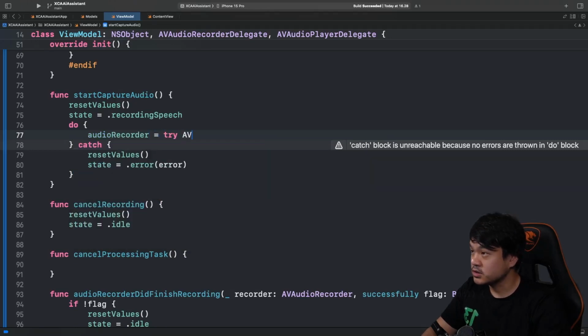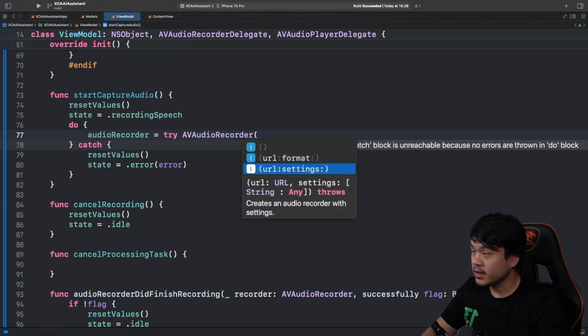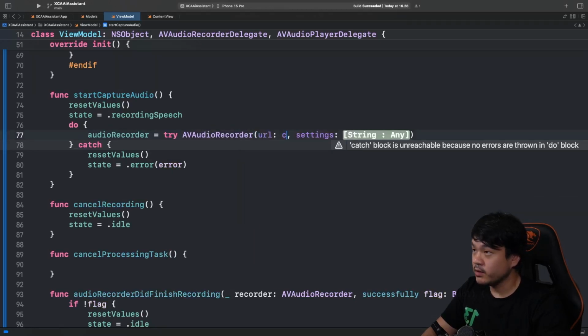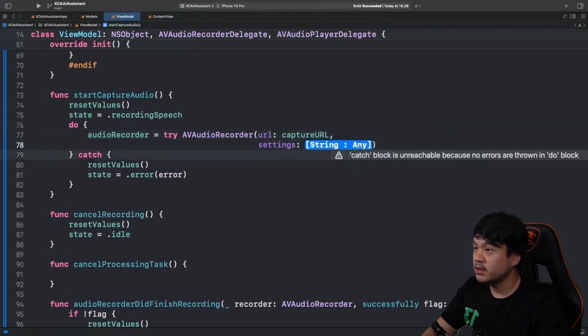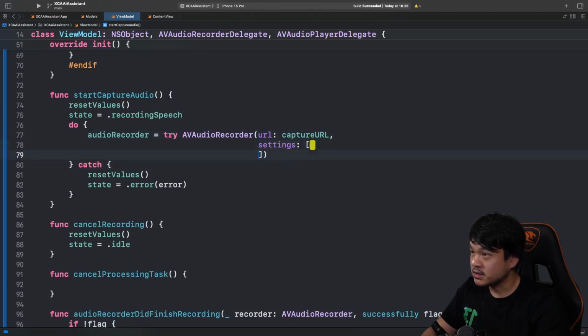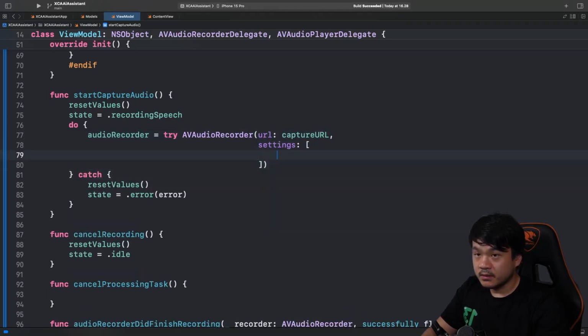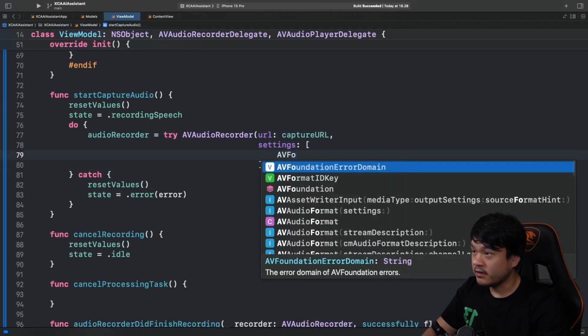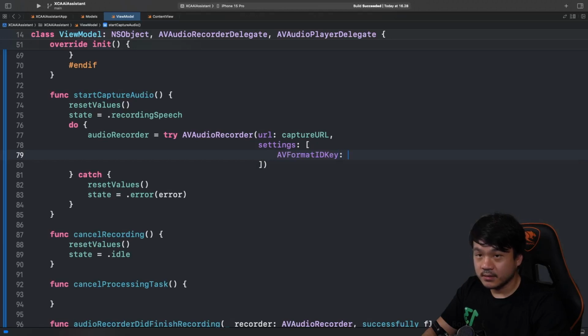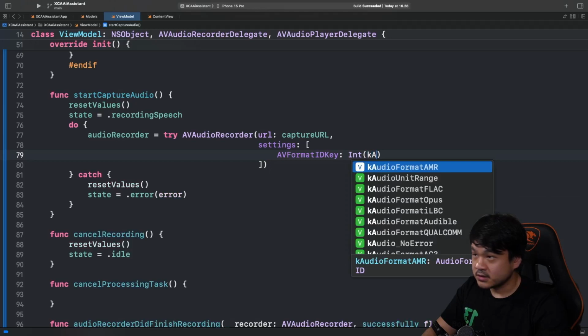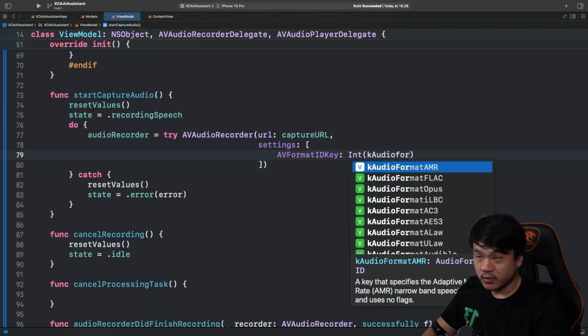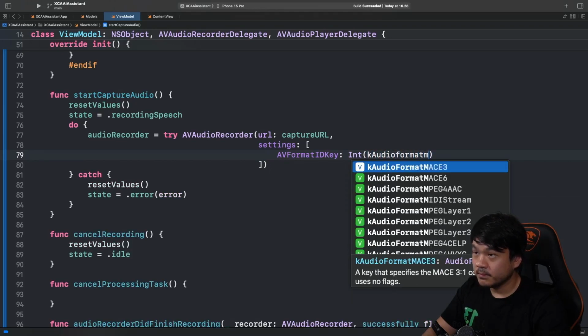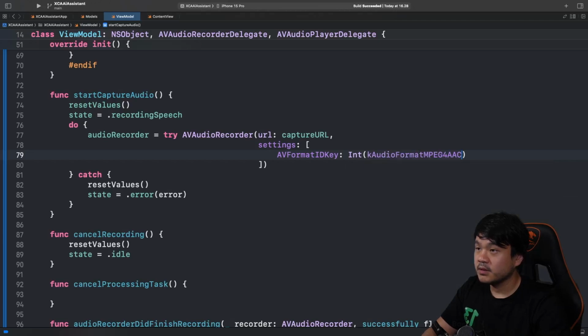So we're going to use this AVAudioRecorder using this URL and settings. Okay, for the URL, we're going to use the capture URL from the cache directory. And for the settings, let's pass a dictionary. Okay, first is this AVFormatIDKey. Let's initialize this with an integer of this constant kAudioFormatMPEG4AAC.